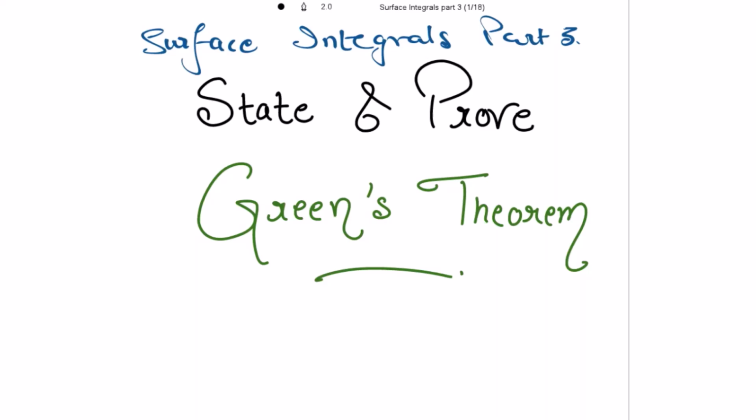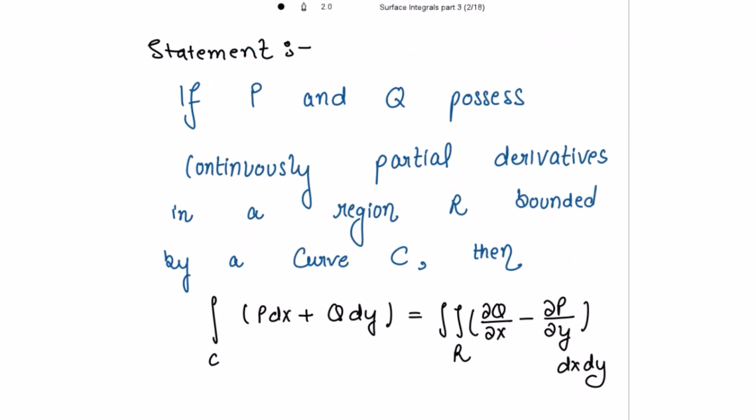We are starting the surface integrals part 3 with Green's theorem, and we need to state and prove this theorem. And what is the statement? If P and Q possess continuous partial derivatives in a region R bounded by a curve C, then we need